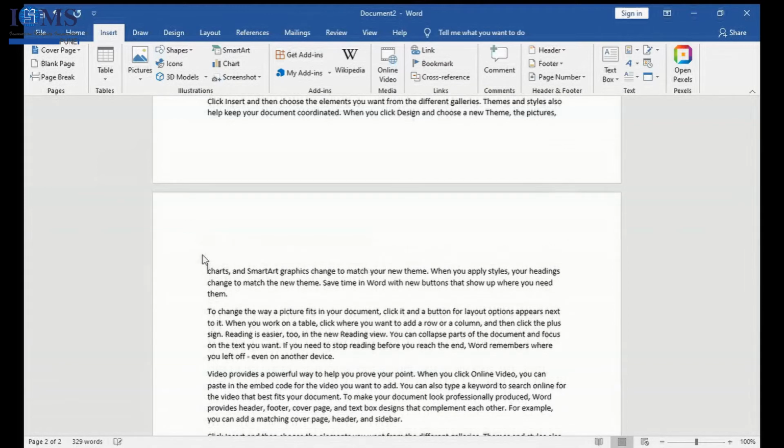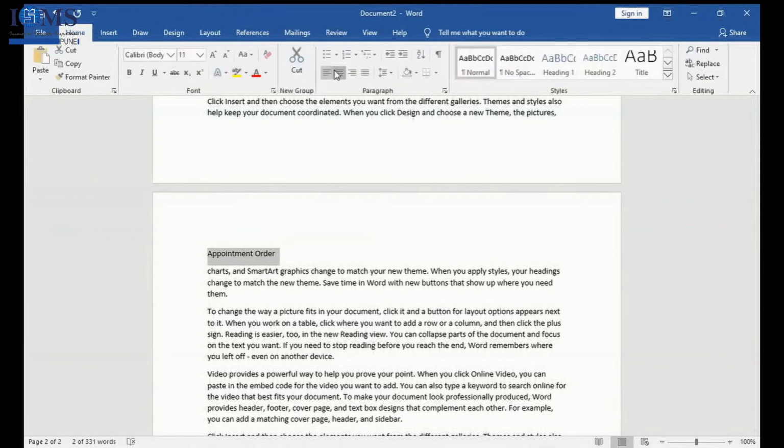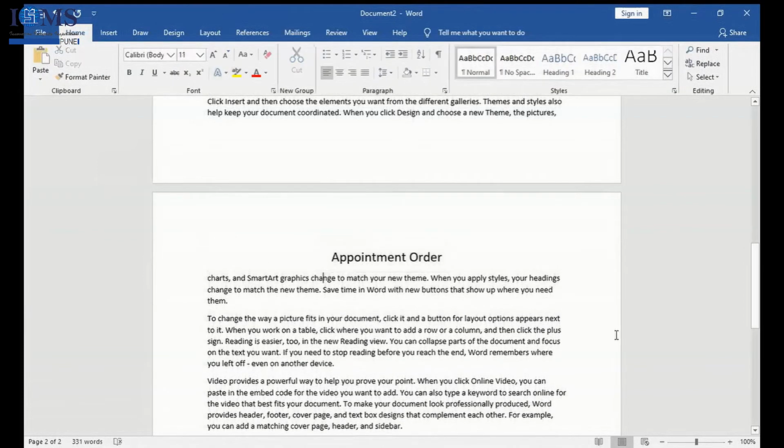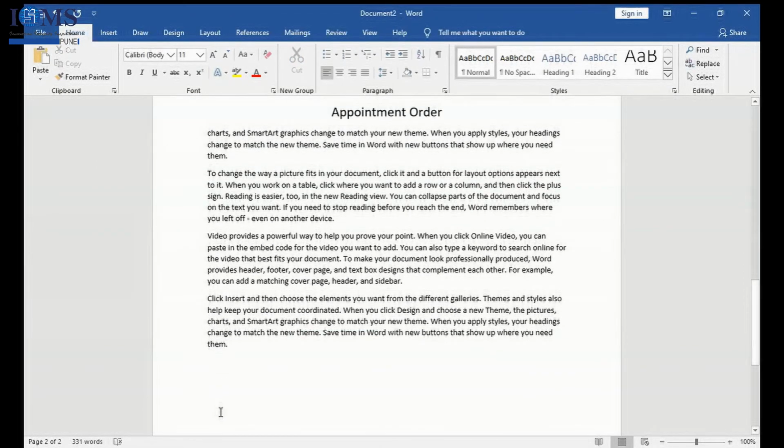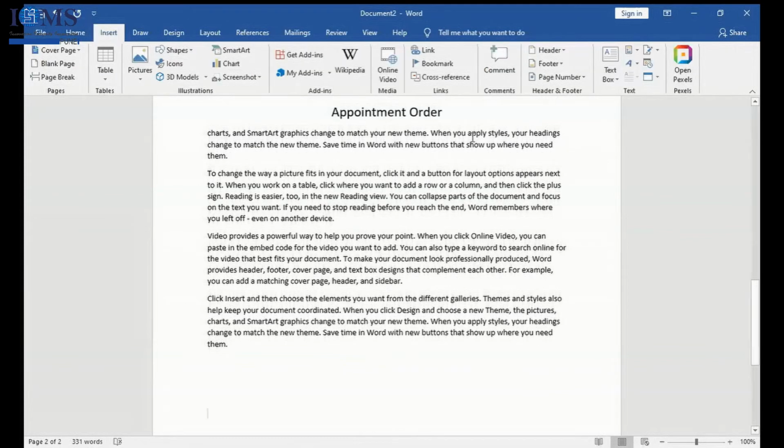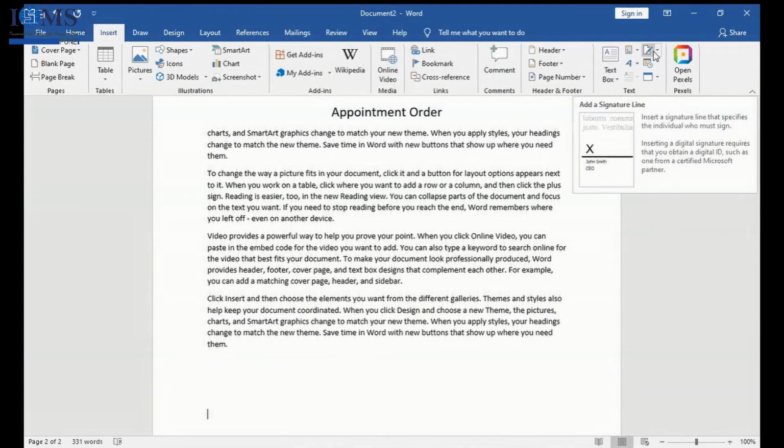No. You will see whether that appointment order has a signature. Generally signatures are on the bottom side. So go to Insert and add a signature line, which specifies the individual who must sign. You want to give proper space for the author to put his signature.